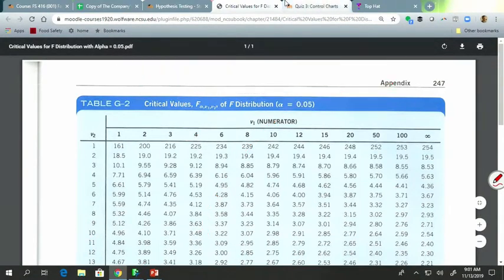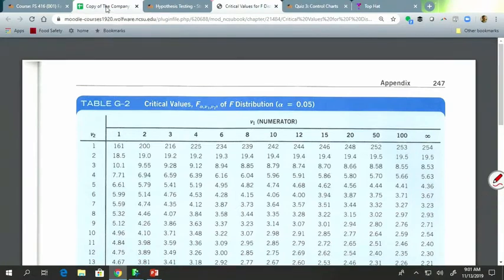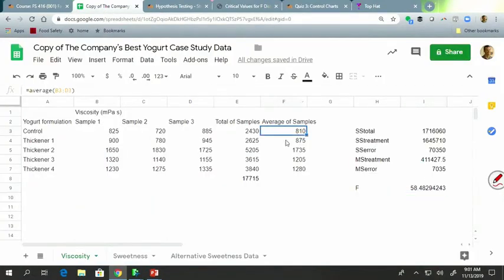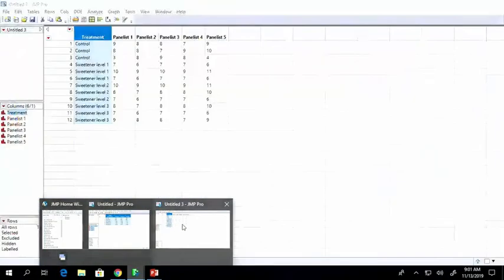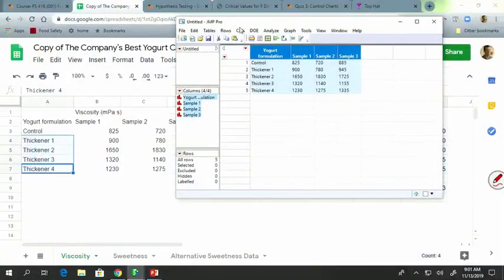Pat yourself on the back. You can do this. And if you look at these numbers, it's not surprising, right? We go from 810 for a thickener to 1280. As we had different thickeners, we kind of expect something, but now we have 95% confidence that there's a difference, okay? And just for fun, just for giggles, let's